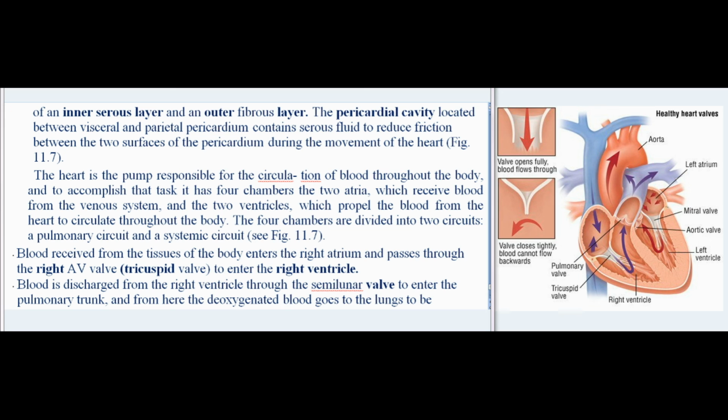Blood is discharged from the right ventricle through the semilunar valve to enter the pulmonary trunk, and from here the deoxygenated blood goes to the lungs to be oxygenated. Oxygenated blood returning from the lungs enters the left atrium, and after passing through the left AV valve, the bicuspid valve, also known as the mitral valve, it enters the left ventricle. From the left ventricle, the blood is discharged through another semilunar valve to enter the aorta for distribution to the tissues of the body. Valves prevent the flow of blood back into the